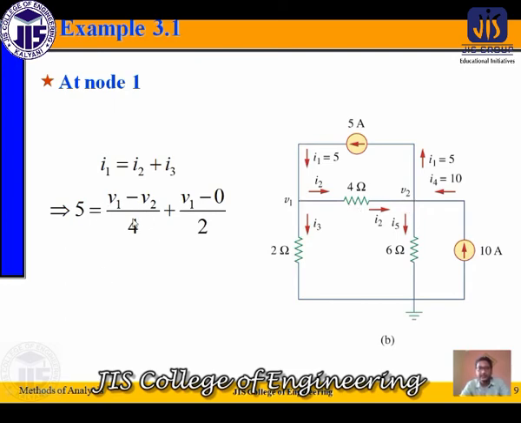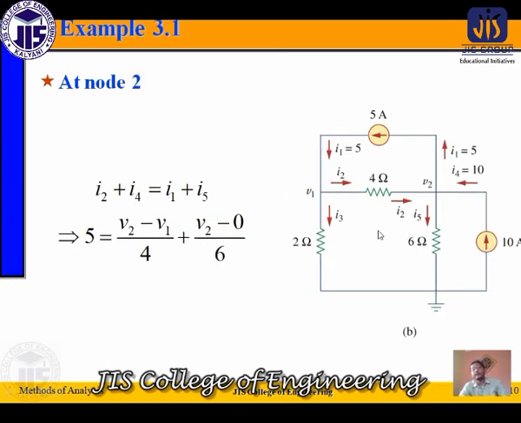That's written over here. Similarly I3 current originates from this node 1 and goes to the node 0, that means going to the reference node. So we can say the I3 current originates from this V1 voltage and goes to the 0 voltage. So higher voltage minus lower voltage, or higher potential minus lower potential, divided by the resistance. So we can say in place of I3, V1 minus 0 divided by 2. That's written over here. Okay. Now we are going to node 2. At node 2, 4 different currents are there. Which one is the incoming and which one is the outgoing? I2, that is the outgoing.